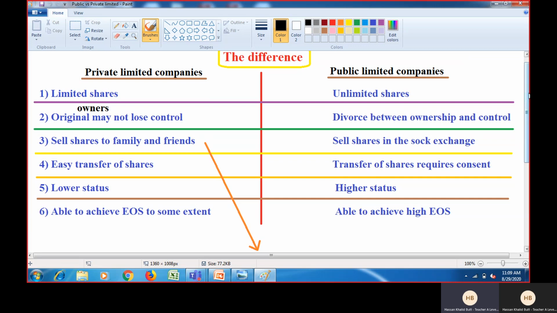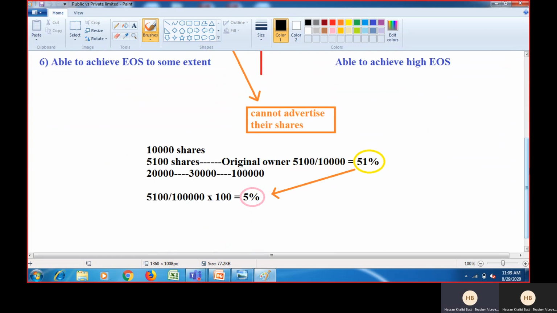I'll explain with an example. Let's say a company right now has 10,000 shares. Now the original owner intentionally buys 5,100 shares of that company, and the rest of the shares the original owner sells to other shareholders or any person who wants to buy them. Now, how much shareholding power will the original owner have? That is 51%. We calculated it this way: 5,100 over 10,000